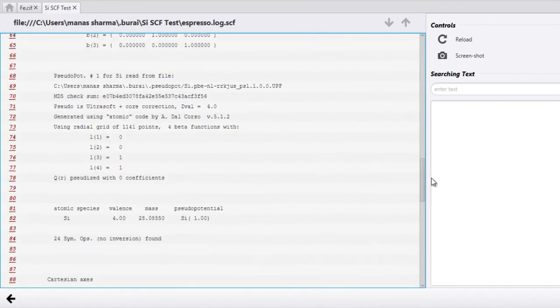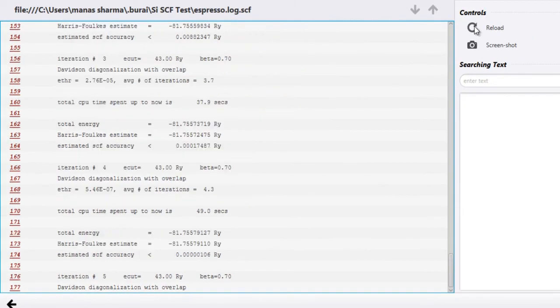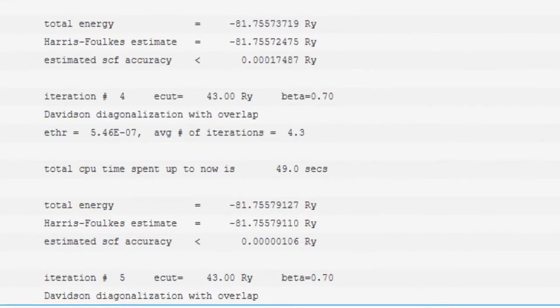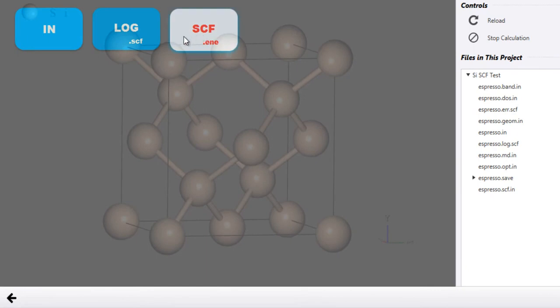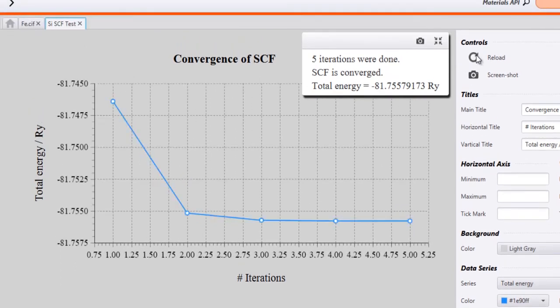And then here you have the first iteration going on, so it tells you that the threshold is set to this and we have this mixing beta value, and it is currently performing the Davidson diagonalization. Now if you reload it, you can see how many more iterations have been performed since then, and you can see that currently we are on the 5th iteration. Now coming back, you'll notice that there's another file called scf.in. So it is a cool little graphical plot that shows you how the SCF or the total energies are converging in this SCF calculation. So as you can see, after 5 iterations